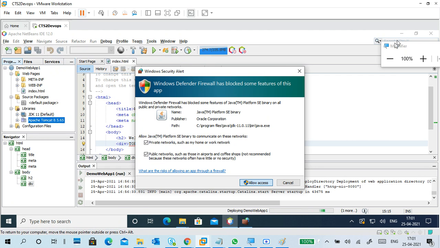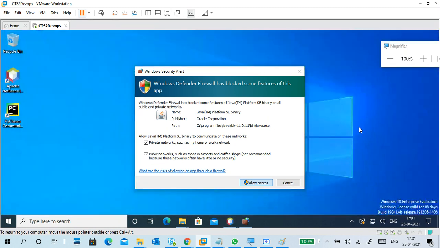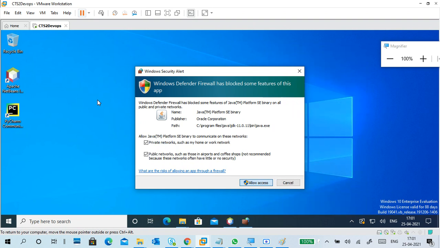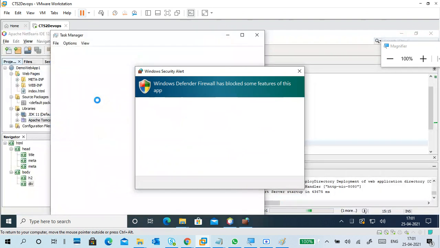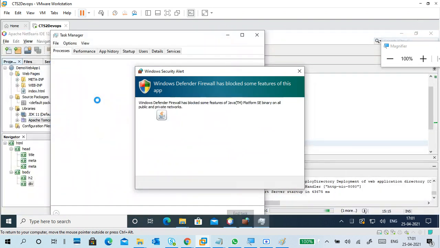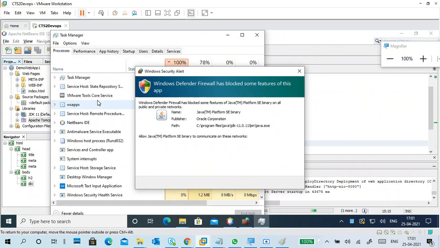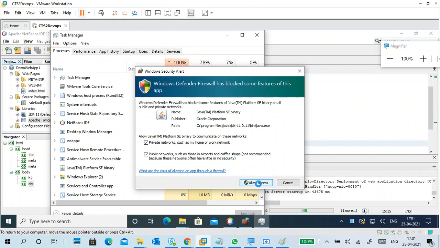See, this is Windows. It got frozen on my screen. It is refreshing also.